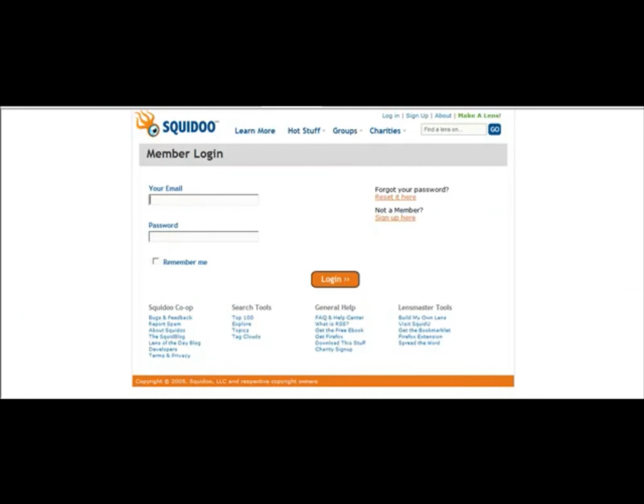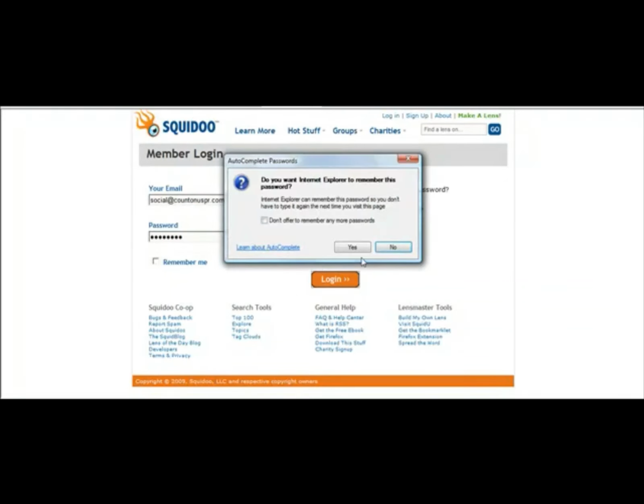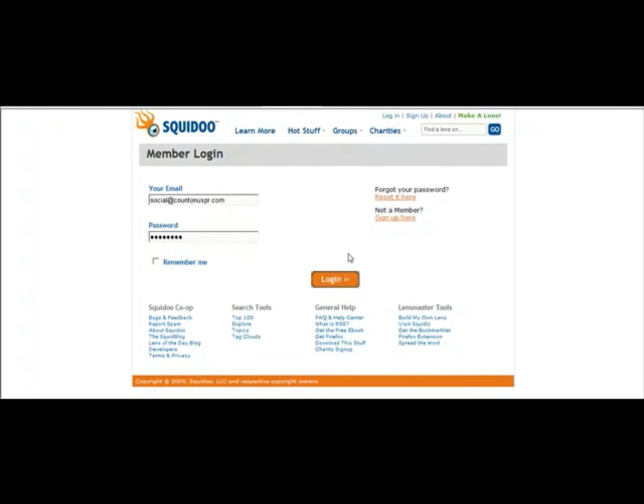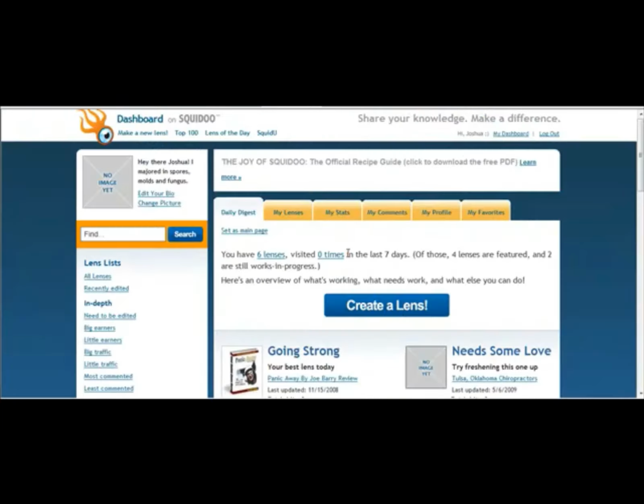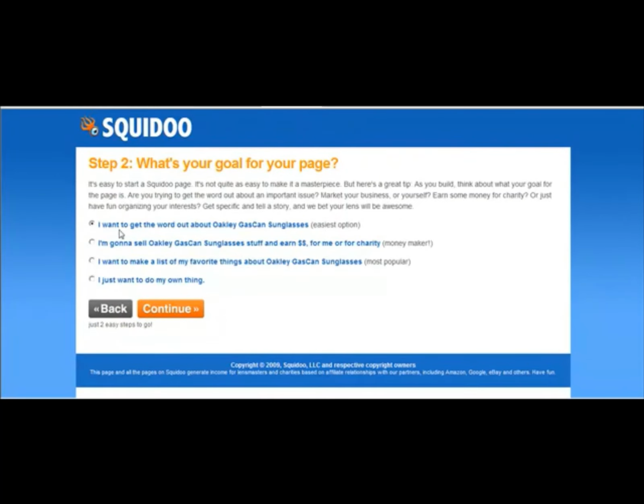So I'm just going to log in real quick here. Now what you're going to do is go ahead and choose create a lens. This is my test account here. And put what your lens is about, which is your main keyword phrase, which in this example is going to be like your product phrase. You want to choose I just want to get the word out about that. Choose continue,